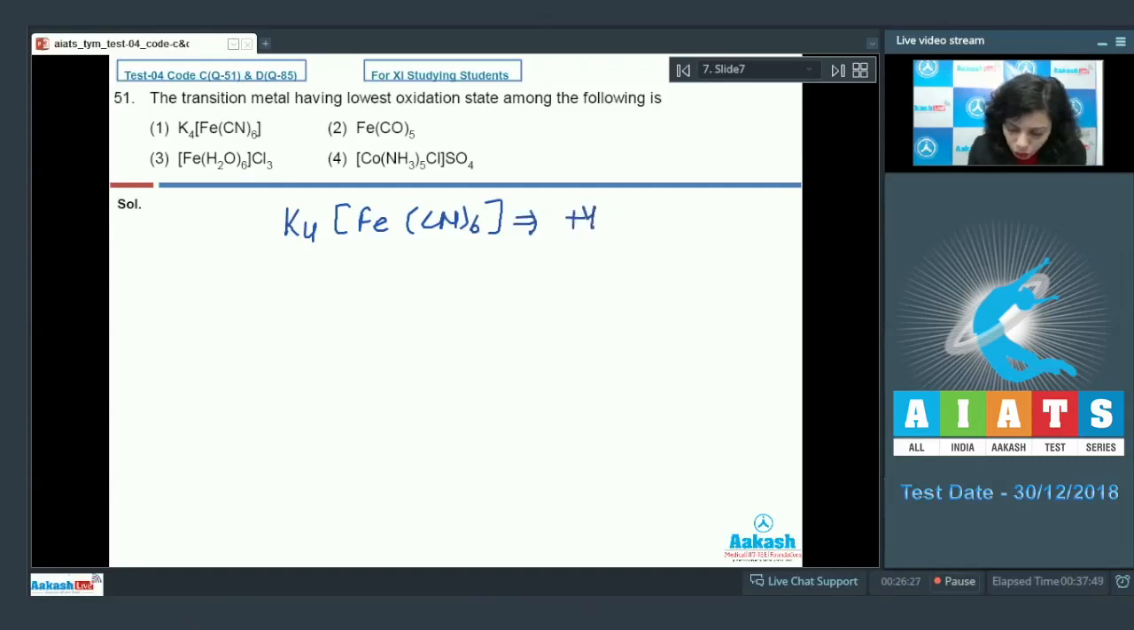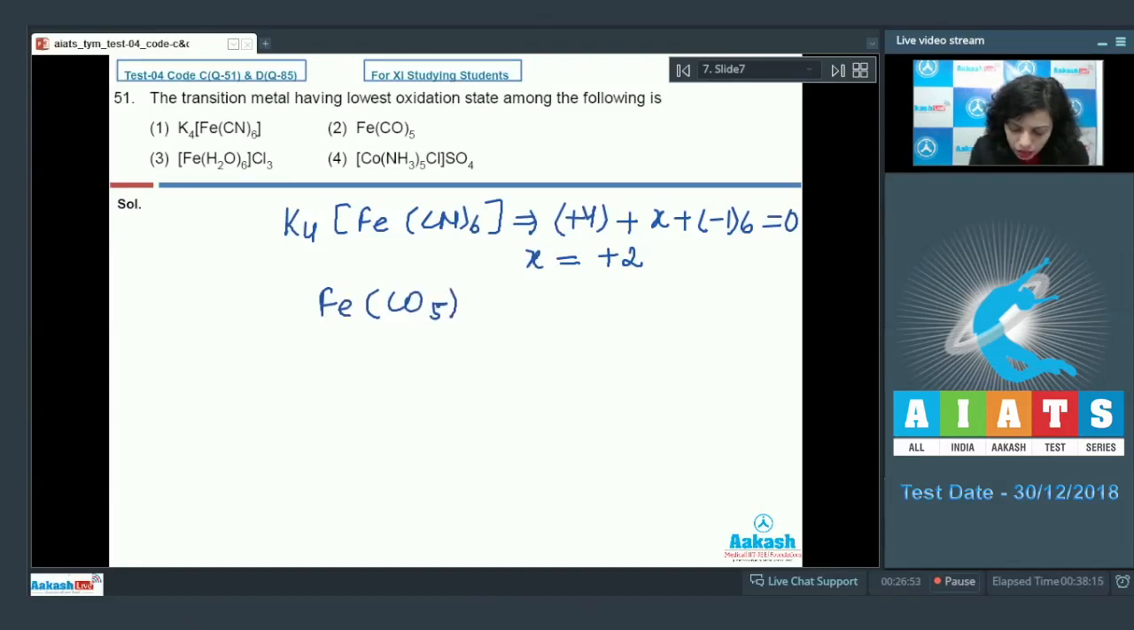So it would be +1 for potassium, into 4, plus X we are assuming for iron, and then CN is in -1 oxidation number, into 6, and the sum of oxidation numbers for the compound is 0. Now for the value of X, if you solve this, you will find it is +2. Now after this, here is